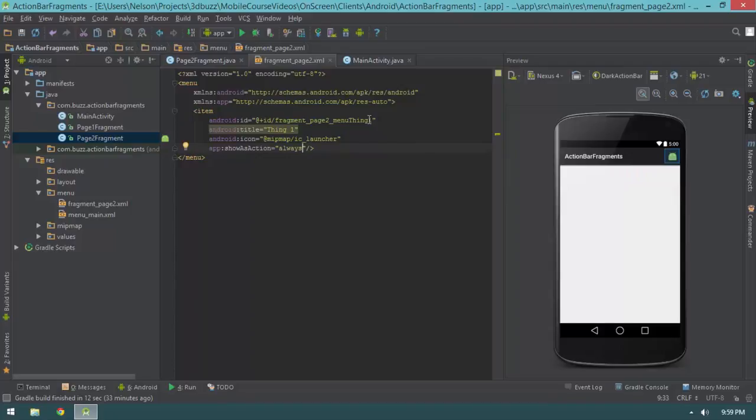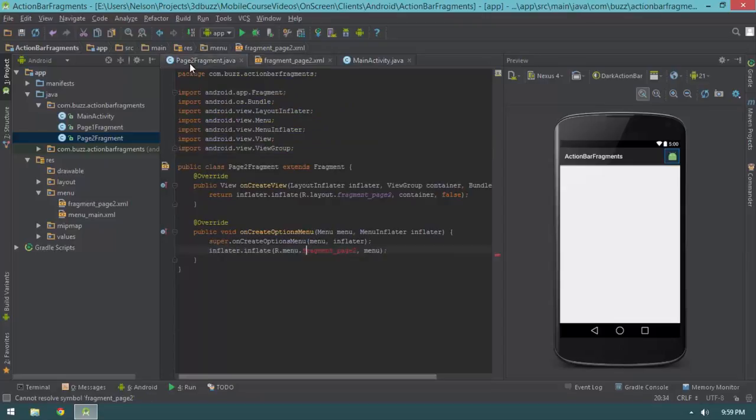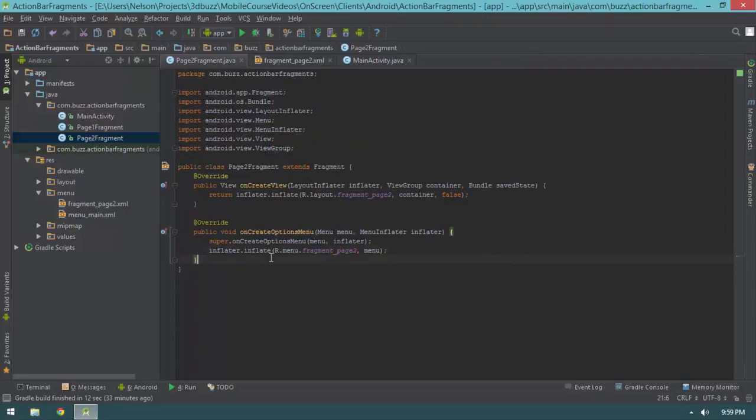Now by doing that, you see it went out of the overflow menu, and it now appears on the action bar as an icon, just like how we want. All right, so that's all awesome. So, in our fragment, let's go ahead and just, well,